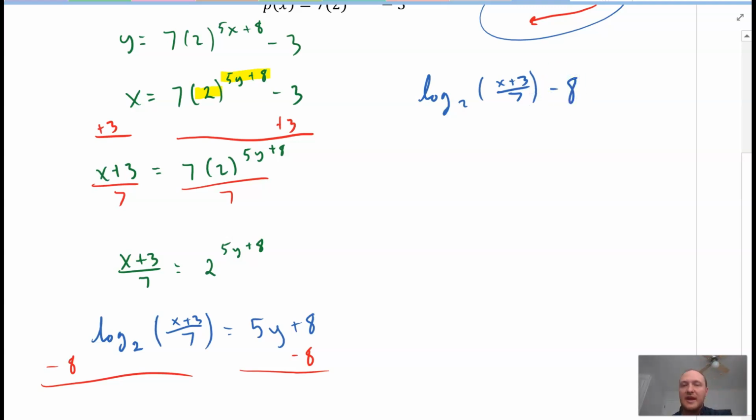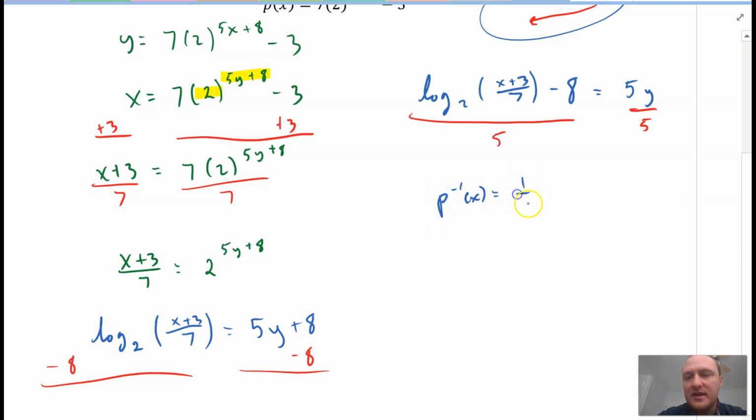Notice how I'm not including that 8 inside the logarithm, right? That's because we did it after, is equal to 5y. And then I'll go ahead and we'll divide both sides by 5, and that will be it. Divide all of this by 5. Again, you can write it like that. That's fine, but